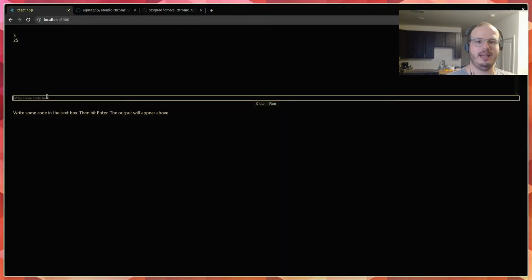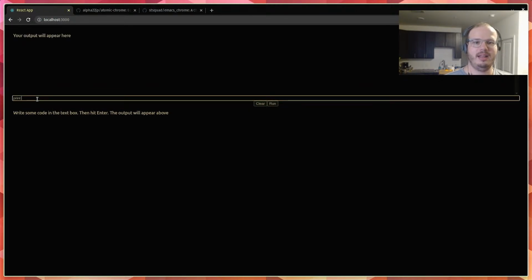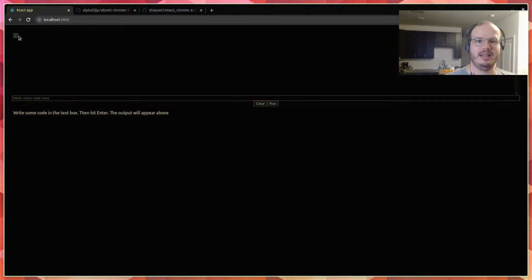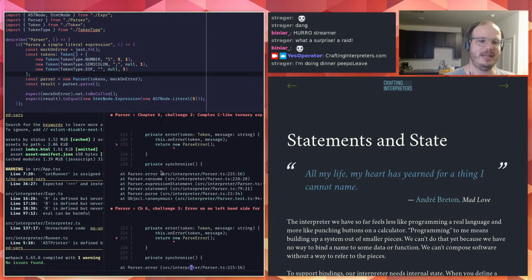Actually, it might do like print 5 times 3, semicolon? Nope, totally doesn't work. So here, we could try it again. So I've just introduced all these bugs. Hey, that did work. I did print 5 times 3, and I got some math. Yay, math. So it's partially working, but all of my tests are broken.